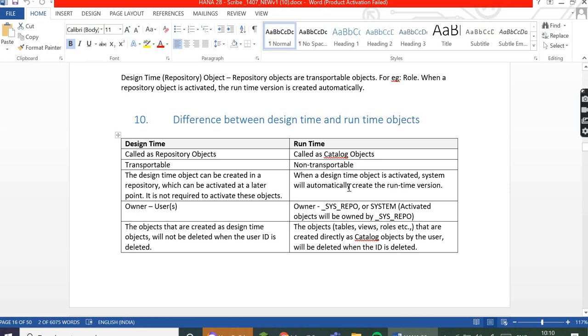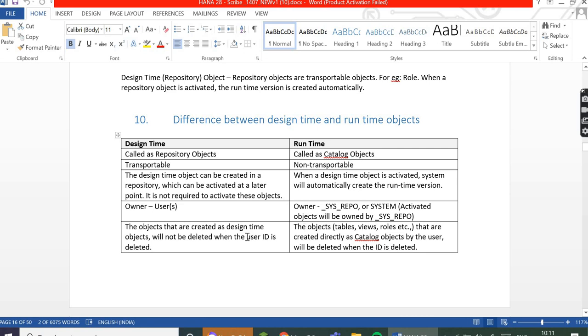We don't have to activate anything. That is the difference; that one is auto generated. Here the initial owner is the user, and in runtime the owner will be sysrepo or system, by which the object can be given to the user, so they become the owner.